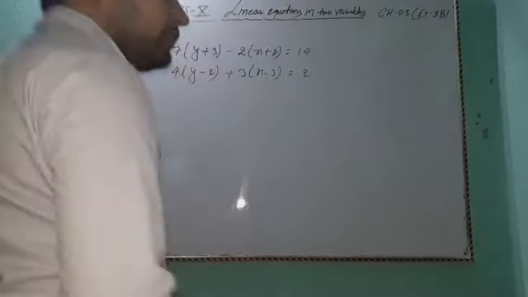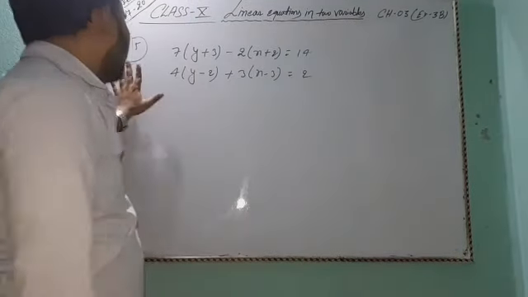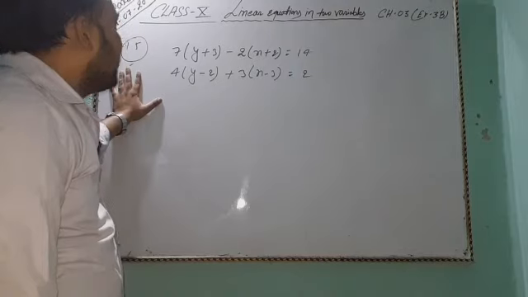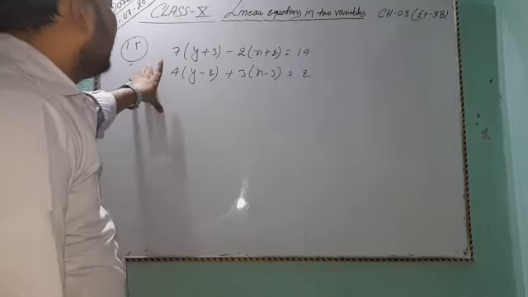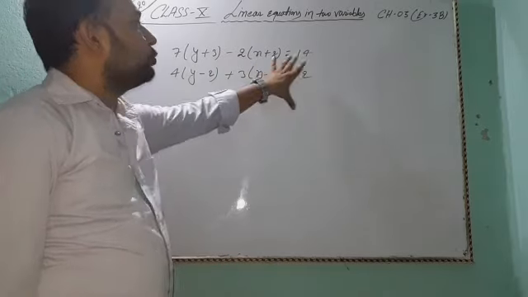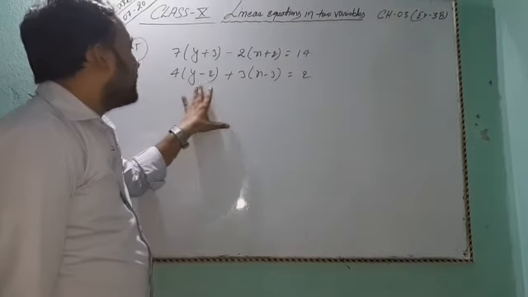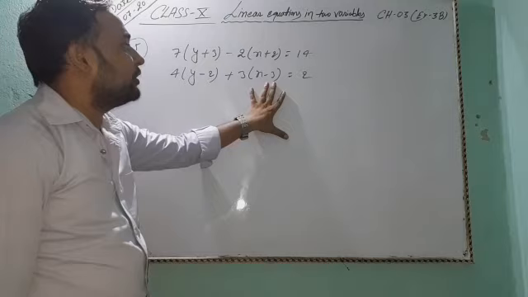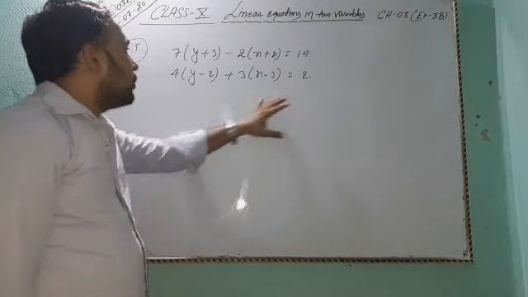Okay. Our next question is question number 15. Solve for x and y of the given system of linear equations. That is 7 into y plus 3 minus 2 into x plus 2 equal to 14, and 4 into y minus 2 plus 3 into x minus 3 equal to 2. First of all,